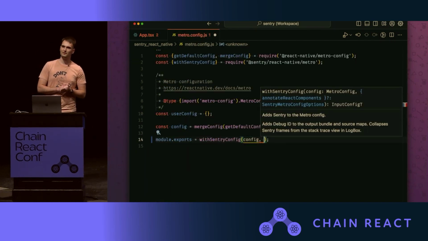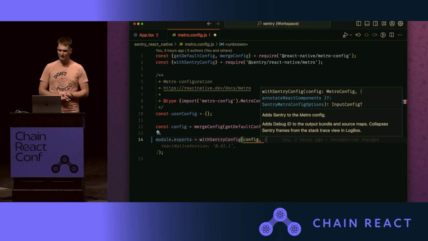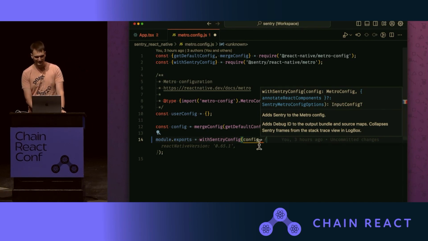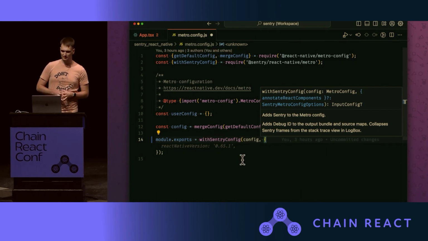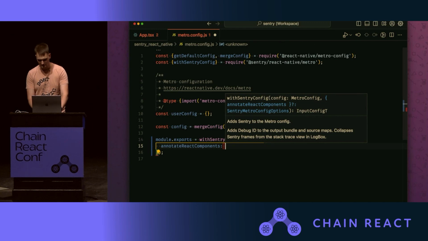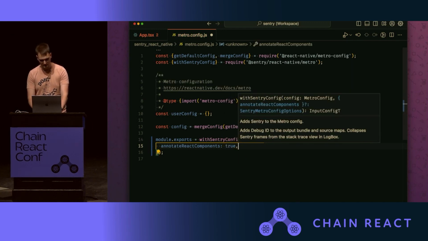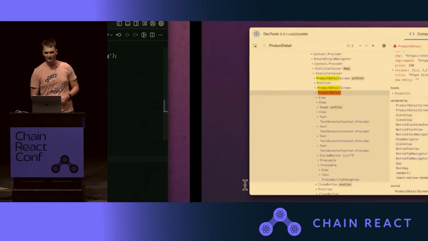This is a Metro config file that many of you are familiar with. It probably looks much bigger in your applications and isn't just the default config, but to make it simple here, we removed everything else. So we have this withSentryConfig option that sets up Metro to work best with Sentry. And now there is this new option called annotateReactComponents. That's just a Boolean. We enable this feature, and what it does is make sure that inside of the replay, we can see